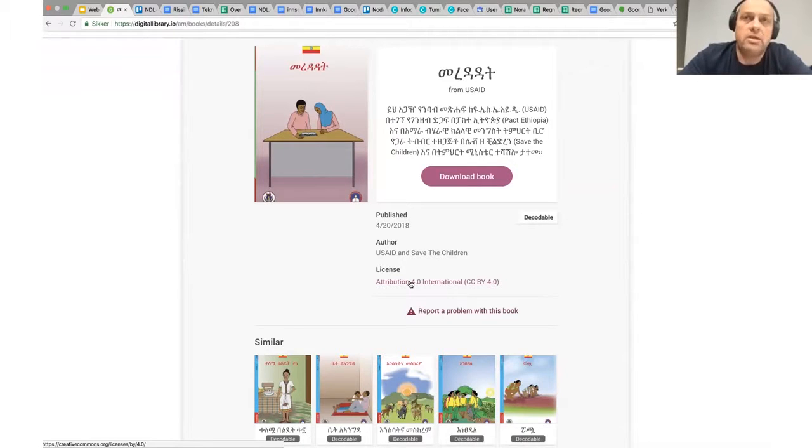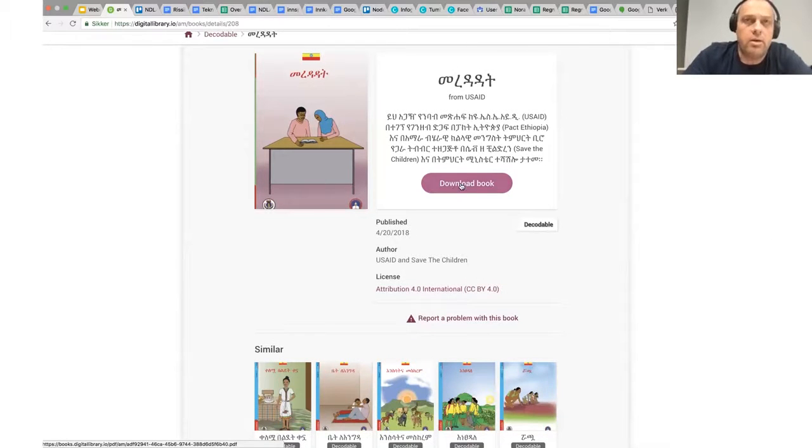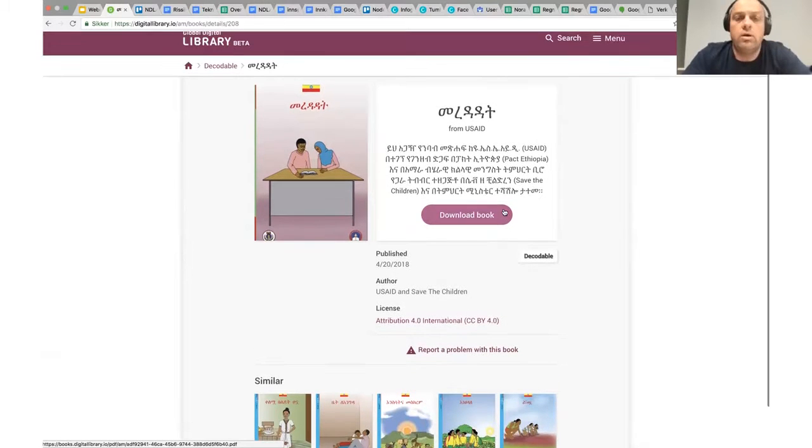But the files were only meant initially for print, for natural reasons. And we actually can take them from a drawer in Addis Ababa and republish them on the web. A bit of a disclaimer, you can see that there is only a download button here. And one of the issues that I'm going to come back to in just a second is that even though the books are really of a high quality, the visual design is really nice,